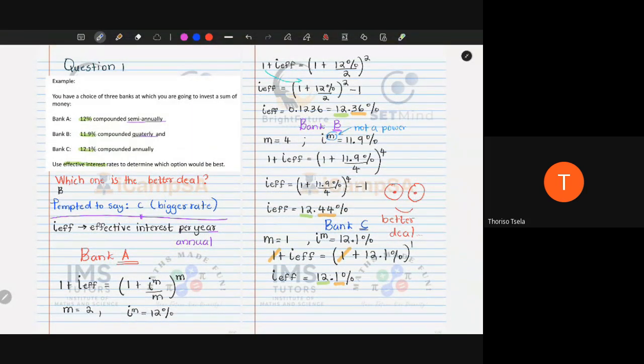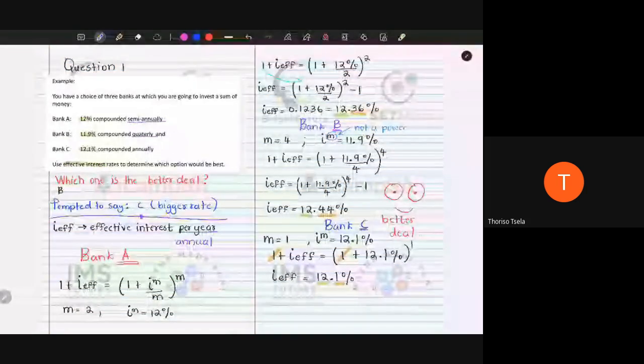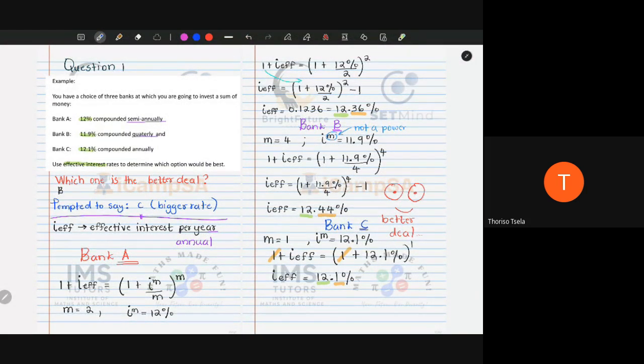So if they want us to compare, we want to take all the interests and make them to be per year. Because when they are now per year, our eyes will be clear. We are taking the bigger one. That is the better deal. So here our conclusion, guys,